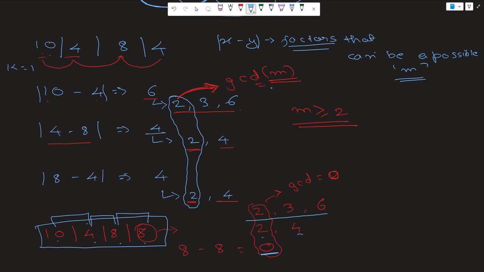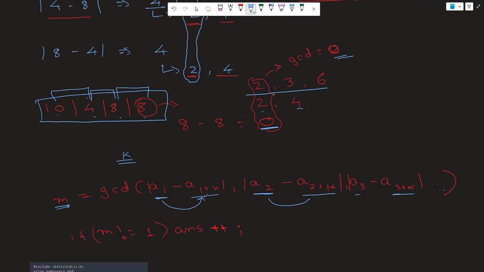Now the GCD of these all will be 2. So if the GCD of this value is 0, we can say that we can still divide this number with the previous GCD values that we had, which is greater than 1, right? And if the GCD value comes out to be 1, for example, if we take here 10 4